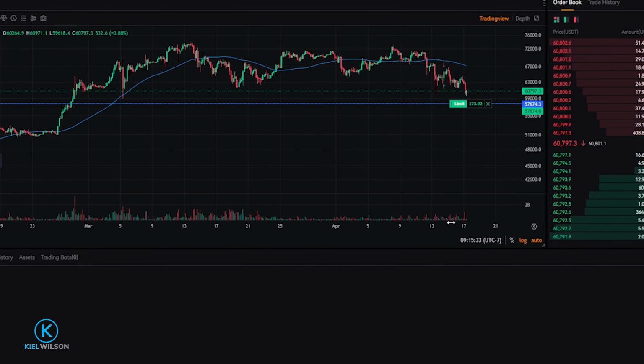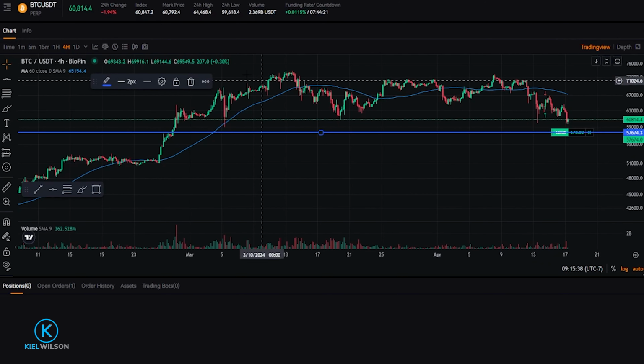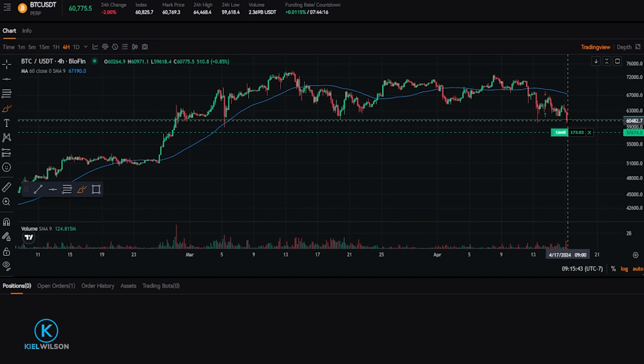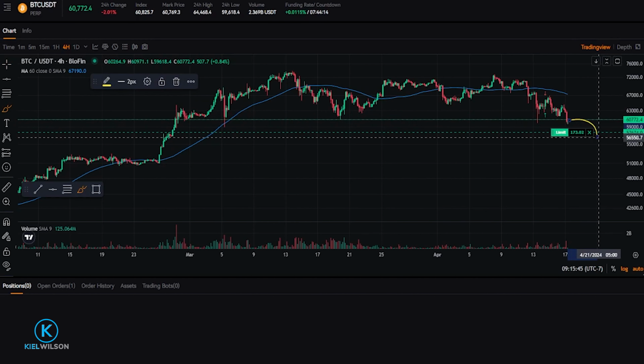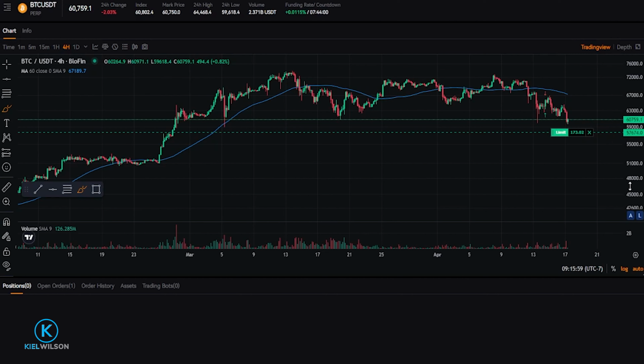Now I've placed a limit order at the price point of 57,674. If I get rid of this horizontal here, we can see it on the chart. If Bitcoin was to come down here and hit my limit order, this order is going to fill and put me into a long position. Then of course I'd be looking for the price of Bitcoin to bounce back to the upside for this trade idea to be profitable. We can see the details of our open order on the order book if we come